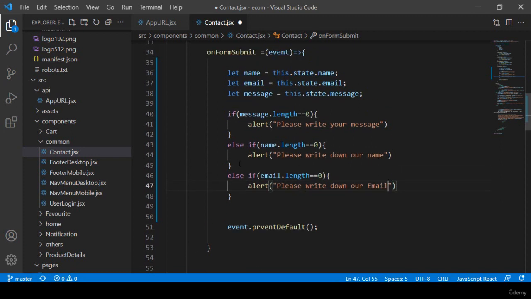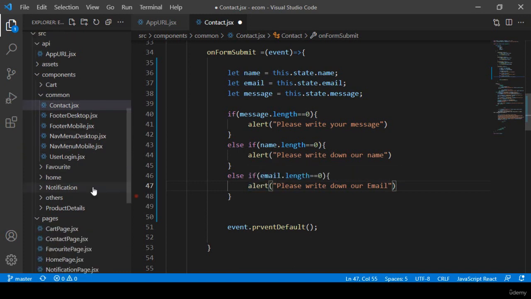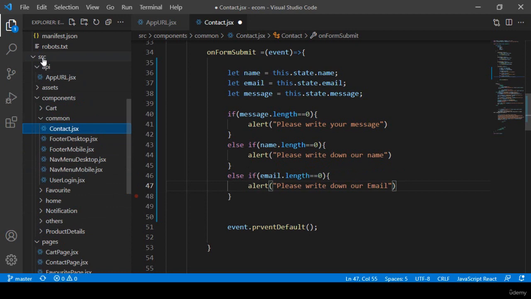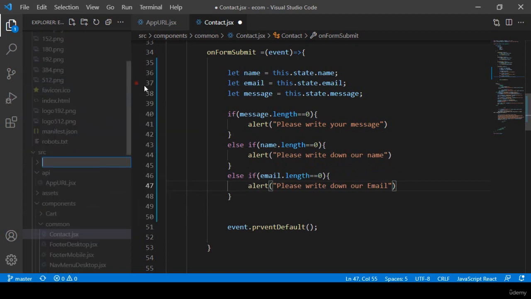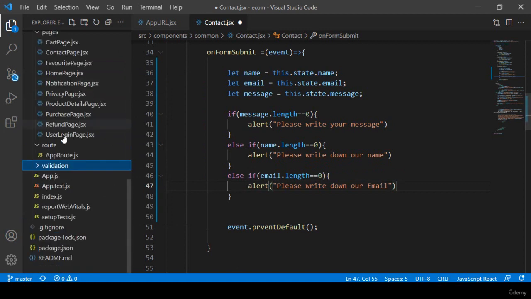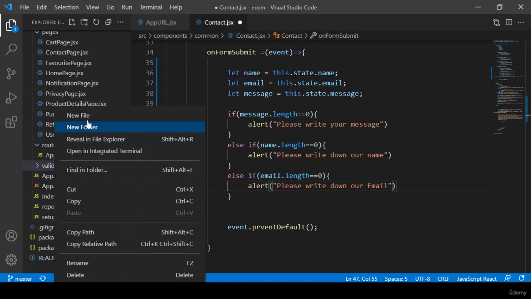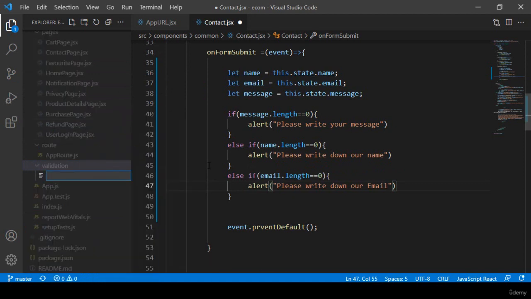And also if you want to add some custom validation, you can also use some custom validation. I'll show you. For doing this we have to go to our src. Into the src I want to create another new folder, and I just name it validation. All the validation related everything you can set up in here. So here I want to create another file, and I name it the same, validation,